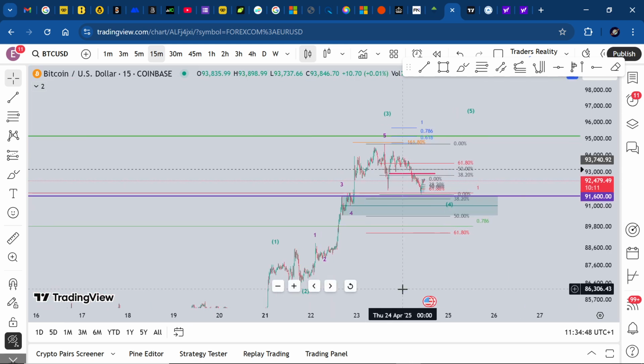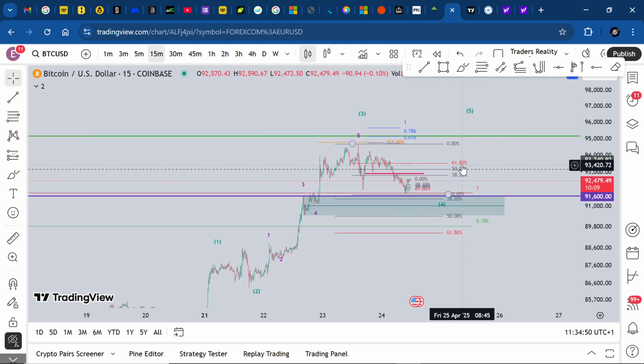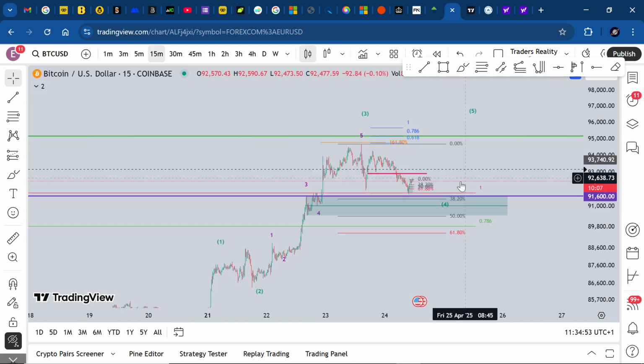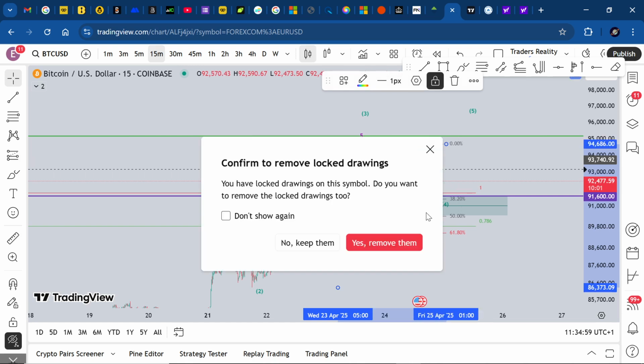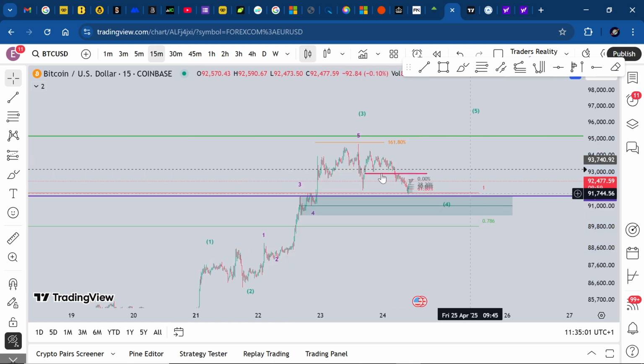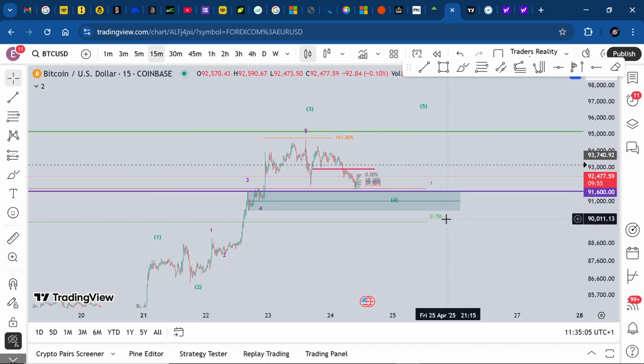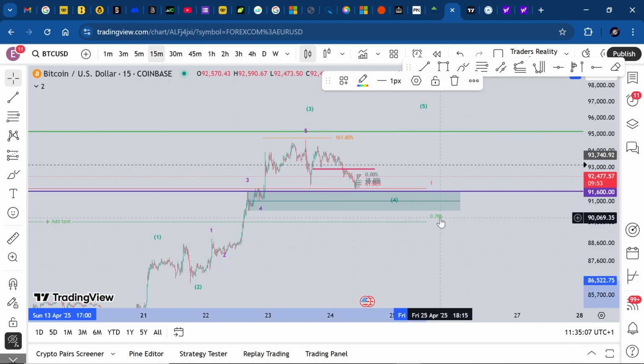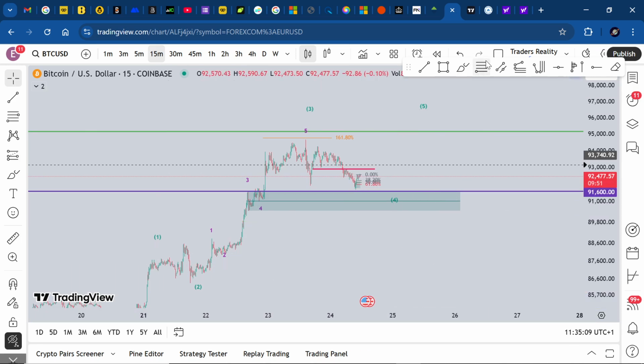Okay, now we already know. Sometimes I get really carried away with my markups. Well, I wouldn't say carried away, but I go into real detail down to the 1 minute. So that's why I've got so much on my chart. But for what we're doing here, this can go. The only thing I need here is this fib from this to